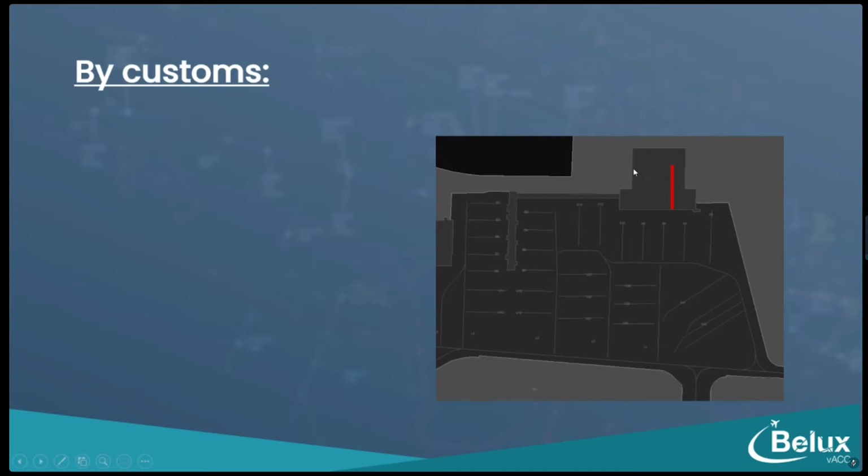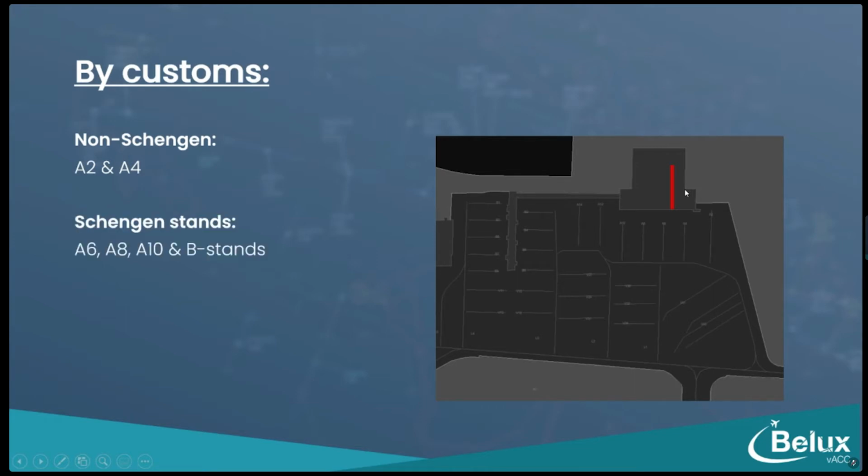Basically, at the airport we have the main terminal, and in the terminal there is a line dividing the Schengen and the non-Schengen area. So what it really means is that for non-Schengen, you use Alpha 2 and Alpha 4 because that's on this side of the apron. And for Schengen stands, you can just use the Bravo stands and these three Alpha stands as well, because they are connected with a jetway to the terminal, basically to the Schengen part